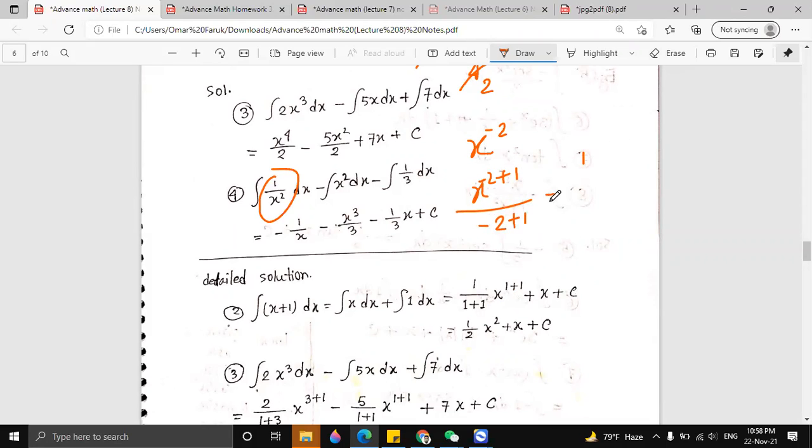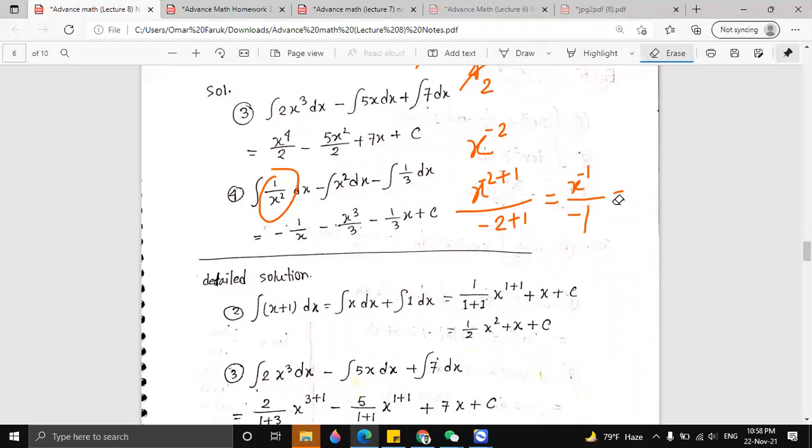So it will be x to the power minus 1 by minus 1, right? So we know that x to the power minus 1,